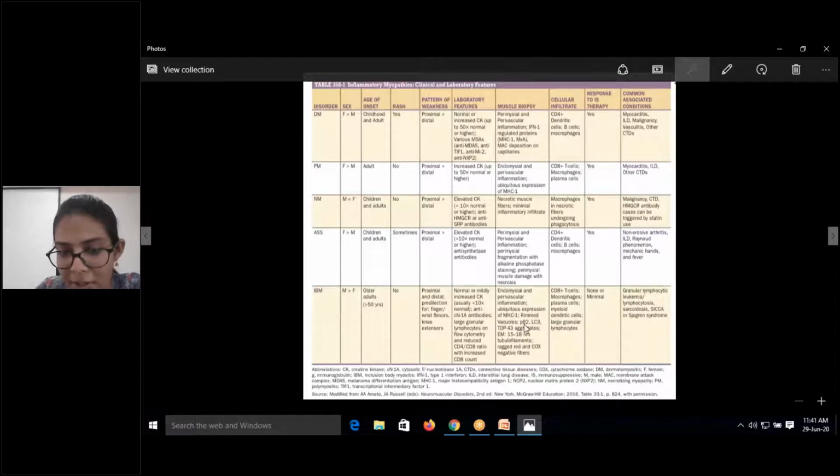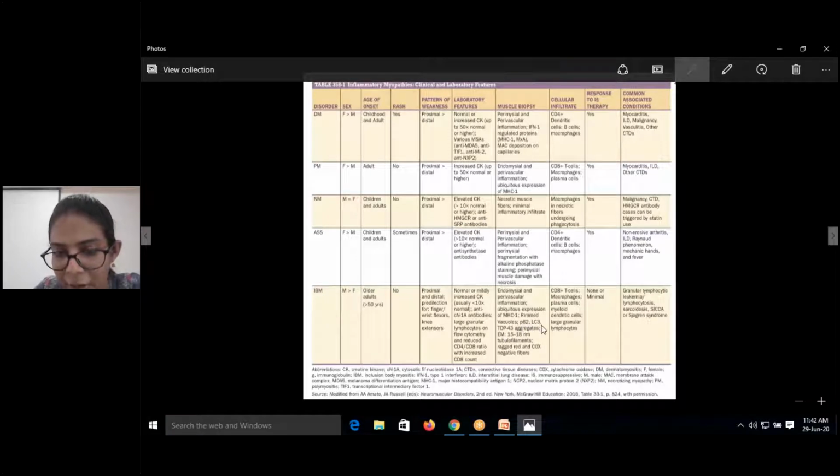rimmed vacuoles are present. This is one of the most important points, they can ask you in your viva or anything. There are rimmed vacuoles in inclusion body myositis because everything in inclusion body myositis is atypical. Like whatever you say in the above picture doesn't correlate with here. Either the male preponderance or in elderly patients of more than 50 years, or because of the endomysial involvement along with the rimmed vacuoles.